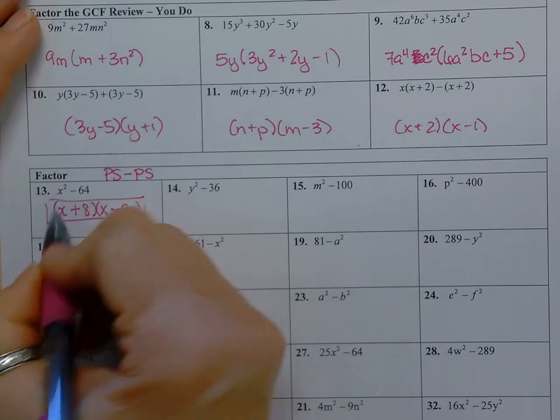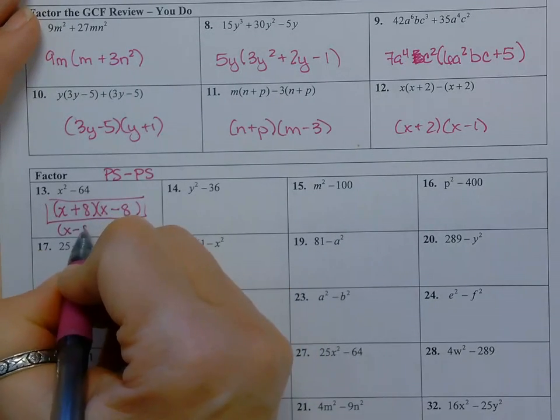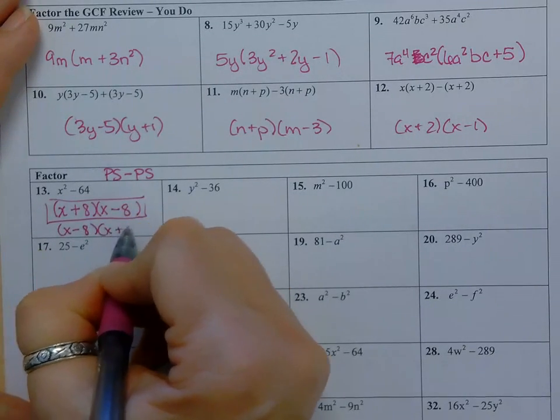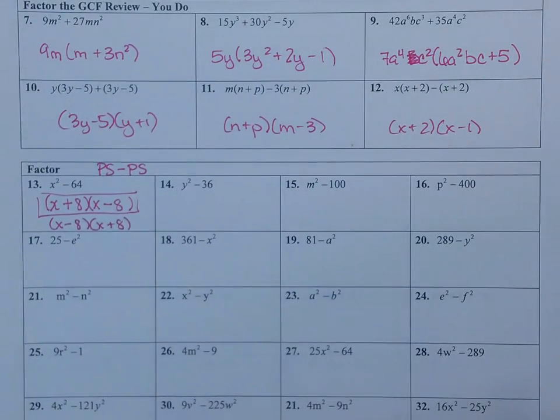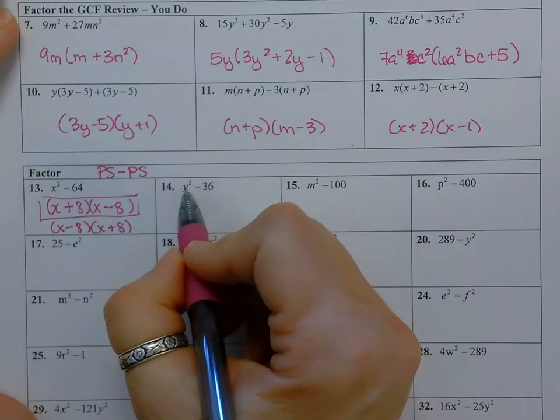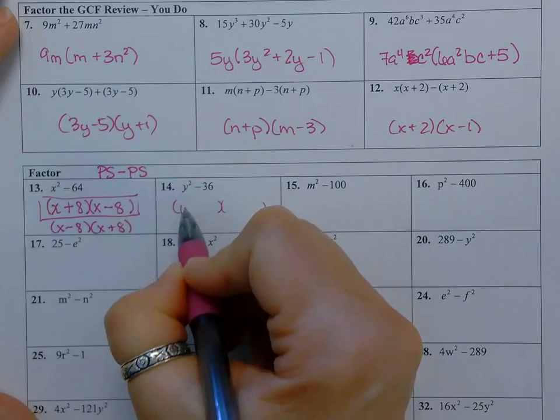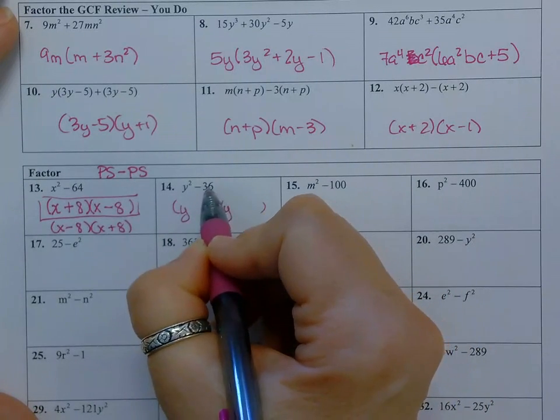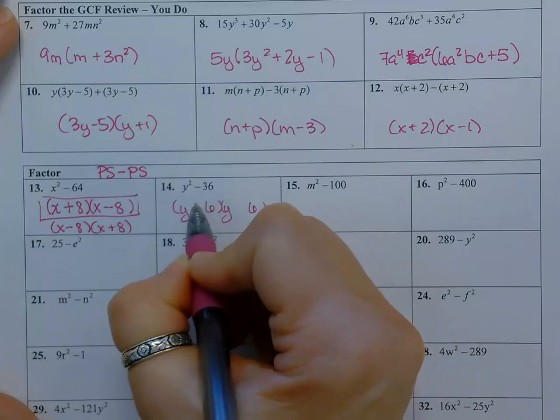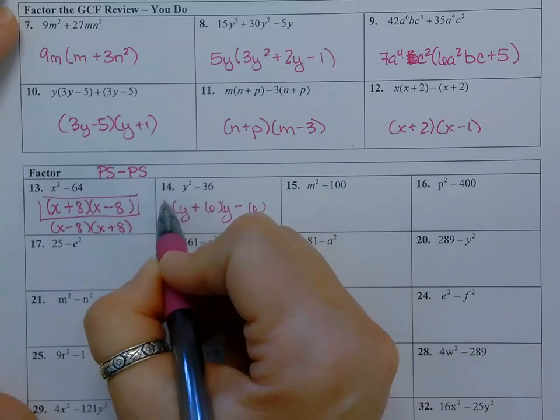Now, I'm not going to do this on every one, but you could write the x minus 8 times x plus 8 in that order. That would be the same thing. So I look and I notice this is a perfect square minus a perfect square. And I put the y's in, and that's a perfect square because it's 6 times 6, and I need a positive and a negative to multiply